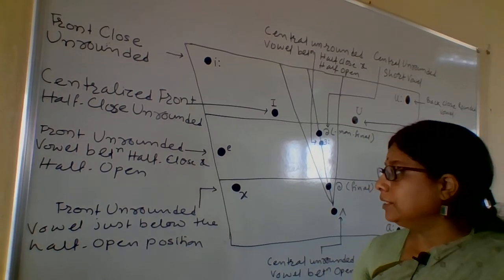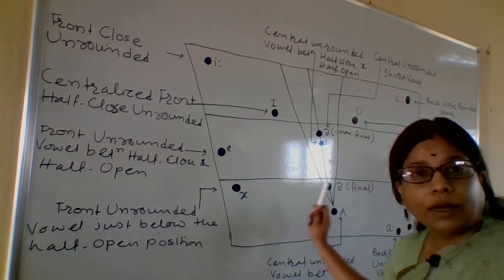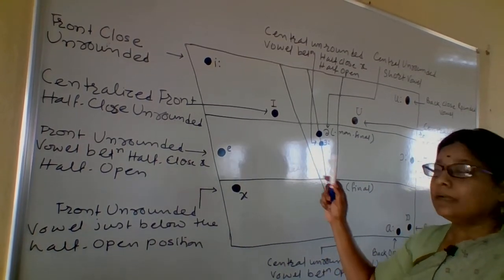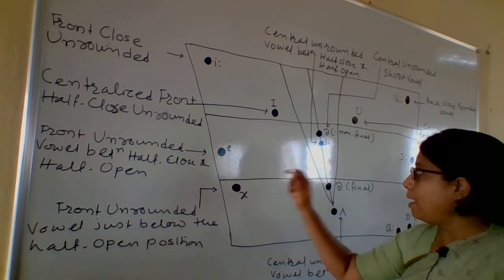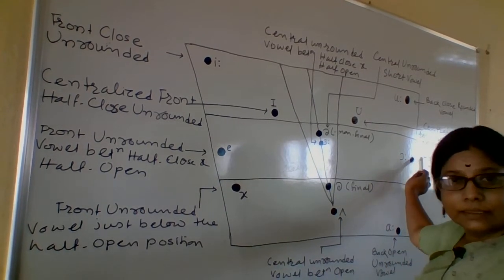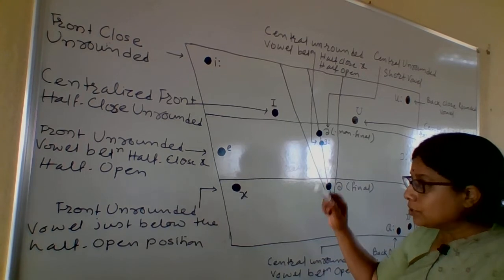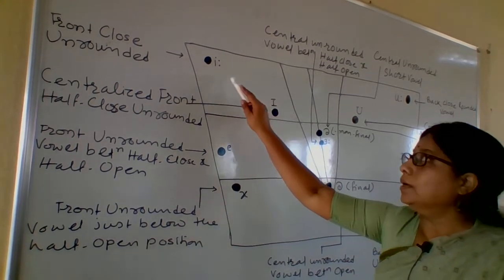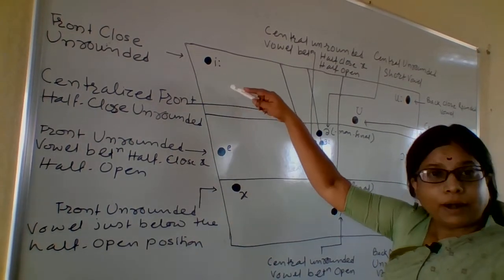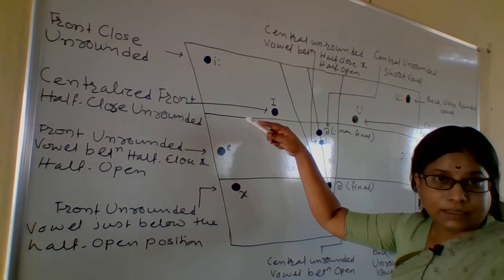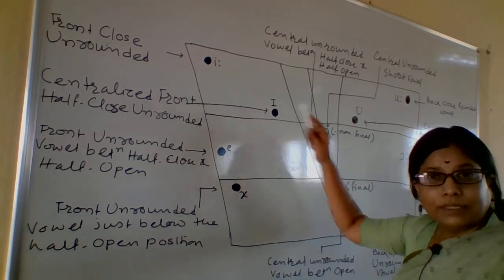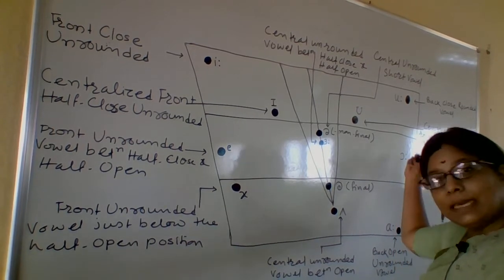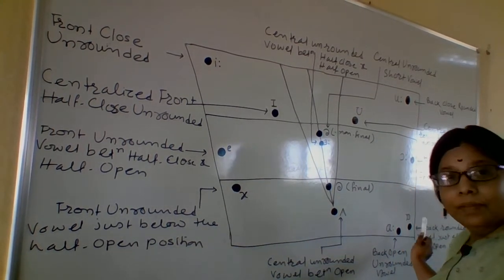The second label is given depending upon which part of the tongue is raised. Now here, for our convenience, we have divided the tongue into three parts. This is the front part, this is the central part, and this is the back part of the tongue. So in case of a, short e or long e, this front part of the tongue is used or raised. So these are the front vowels, but in case of u and a, the back part of the tongue is used. That's why they are the back vowels.